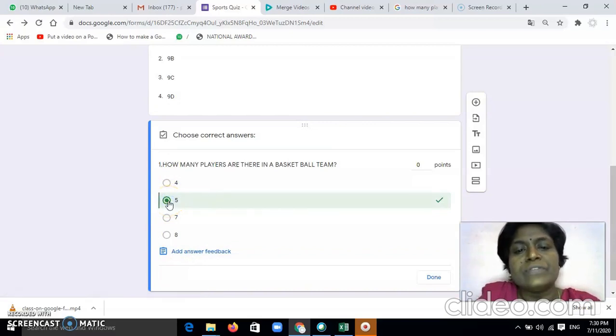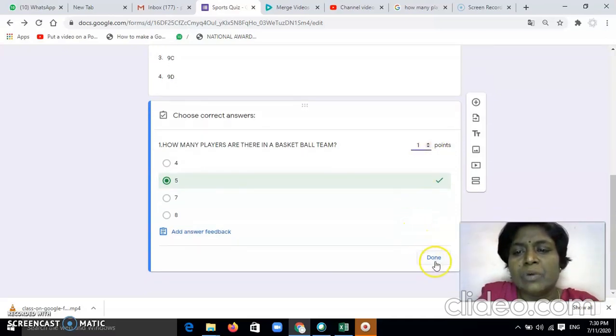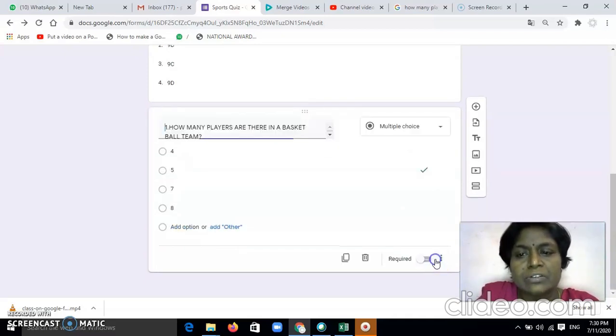Once you have selected the correct answer, you need to award the points for this particular question. If the child answers correctly, how many points should be given to this child. So I am making this a 1 mark question. Then I give done. That's all.